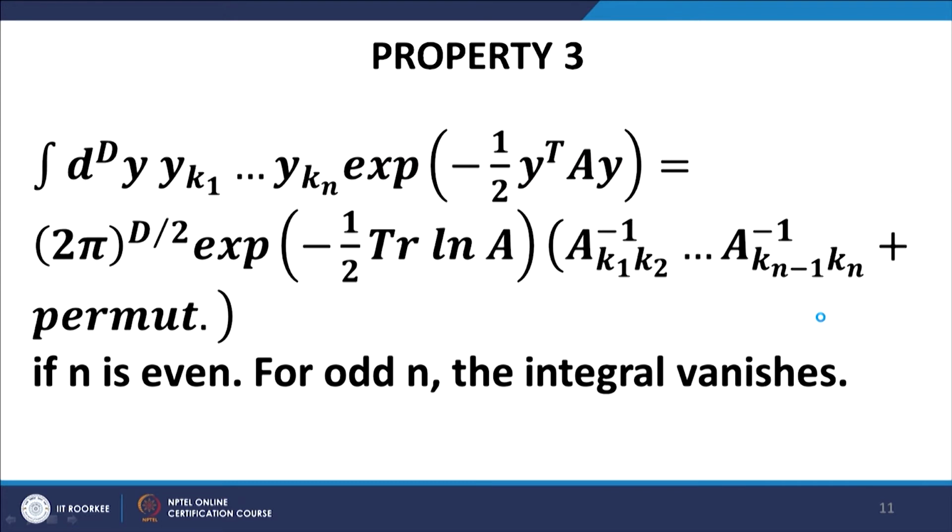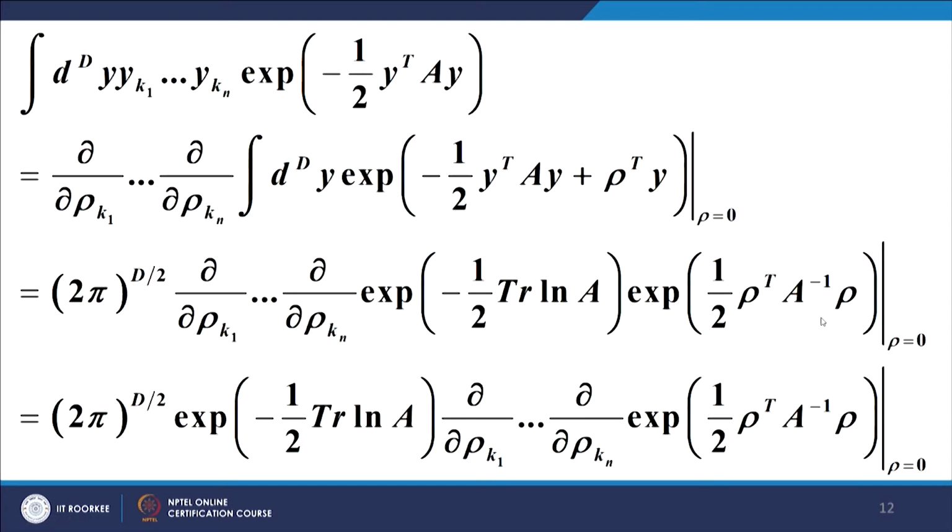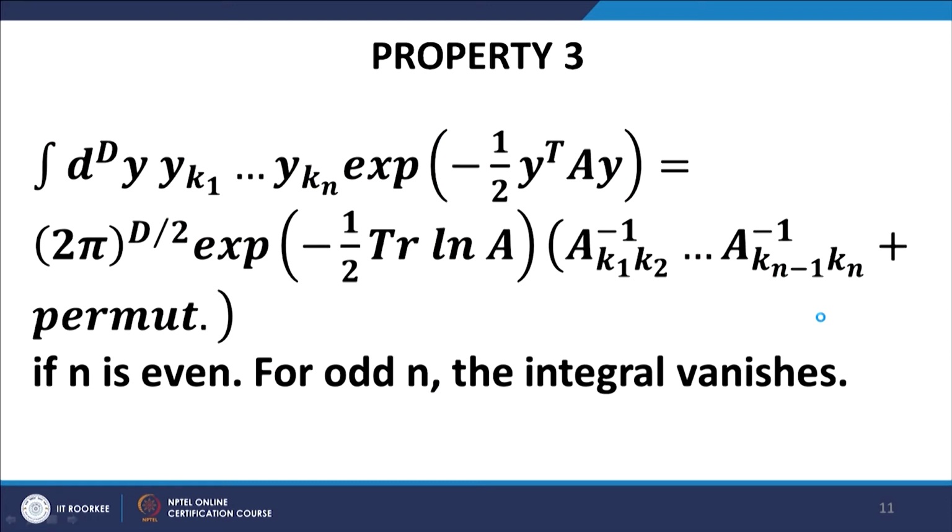Then we have another very interesting property. This particular property is slightly more involved, but it is very important and we need to look at it. You see, if you look at this, these are factors related to this y over here, various expressions which are extracted out of these column vectors y and y transpose, and put as part of the integral.